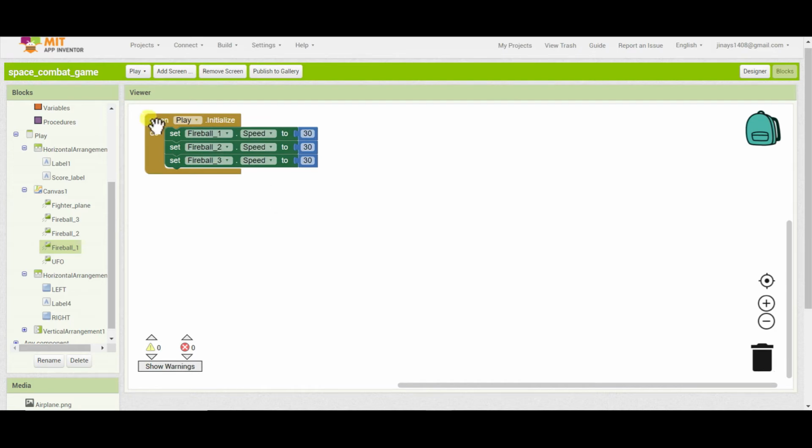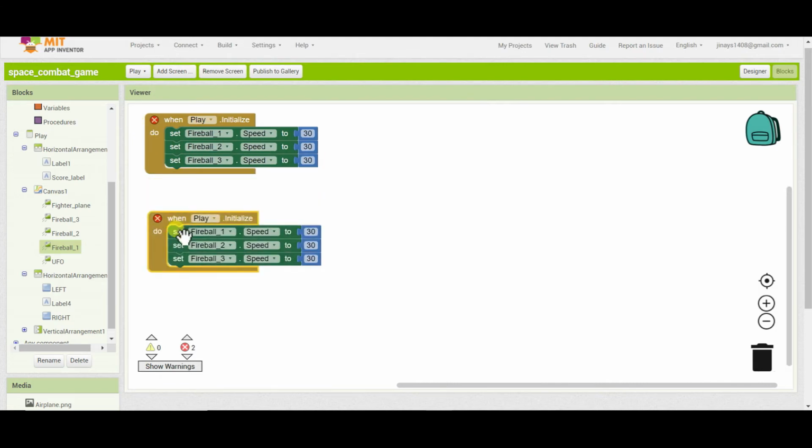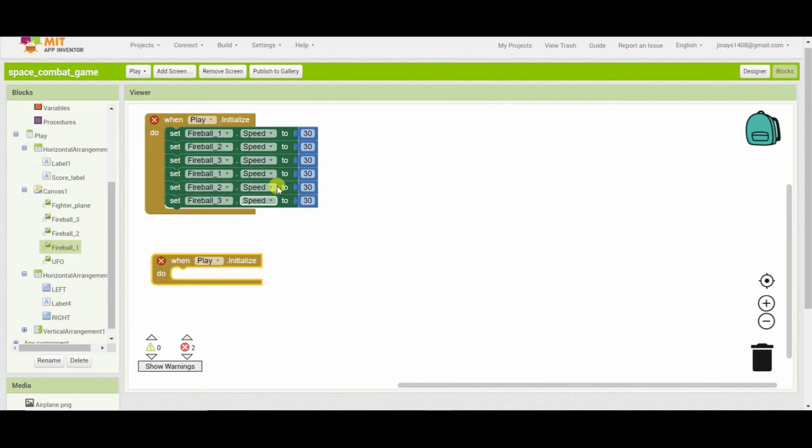Next, I'll set the heading of these fireballs to 90 degree. Heading to 90. And I'll delete this block.